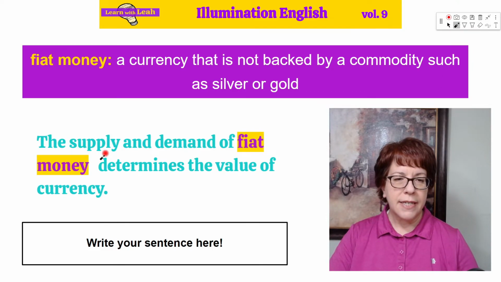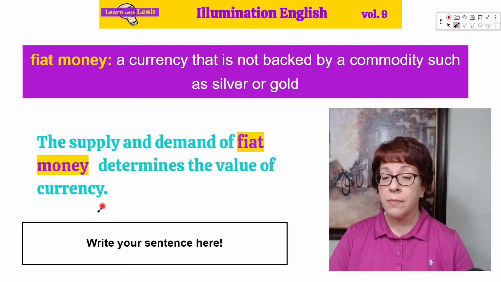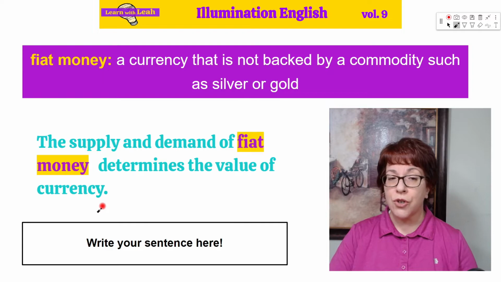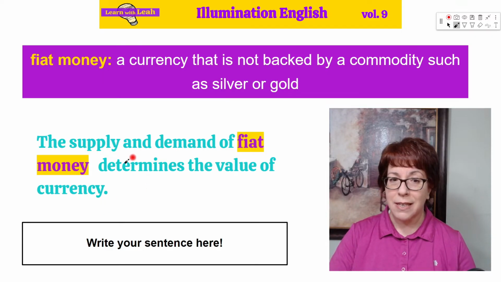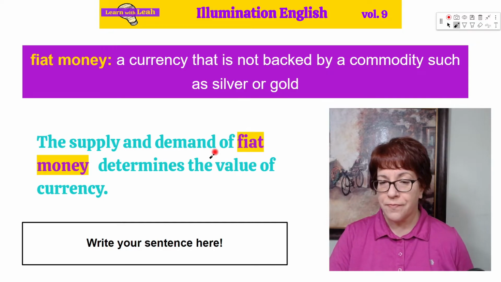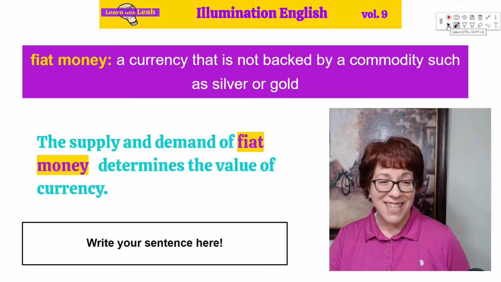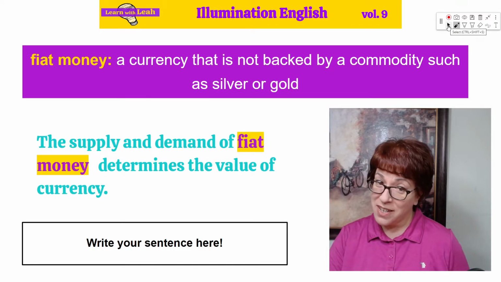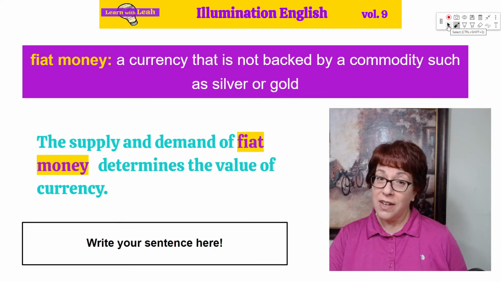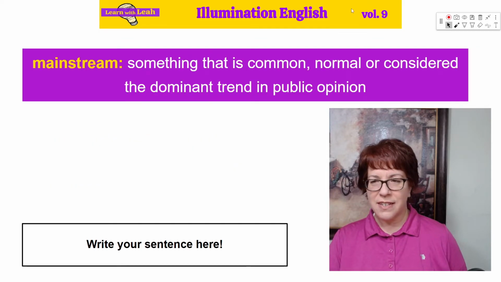The supply and demand of fiat money determines the value of currency. Okay, so instead of gold or some commodity determining the value of the currency, it's the supply and demand of money in circulation. Interesting. Yes, I'm learning a lot from this lesson on comprehending cryptocurrency. I'm learning about different kinds of currencies, and I hope you are too. Let's go to our next word, which is